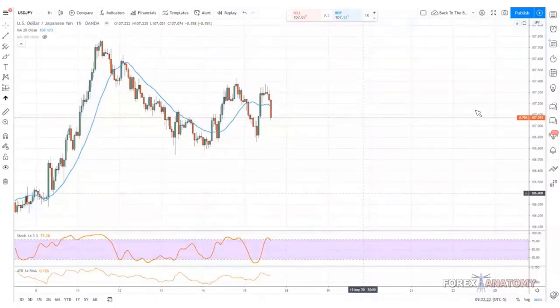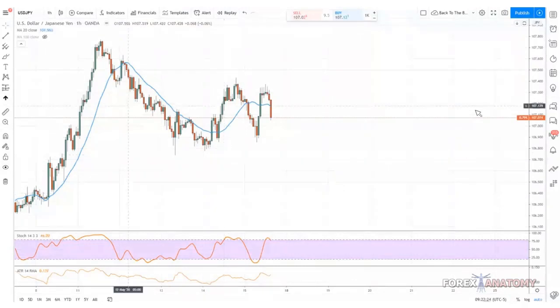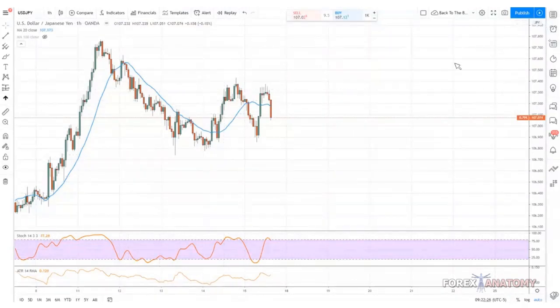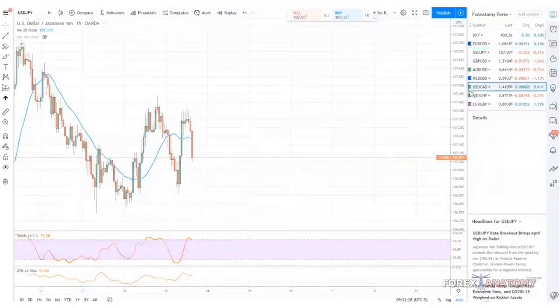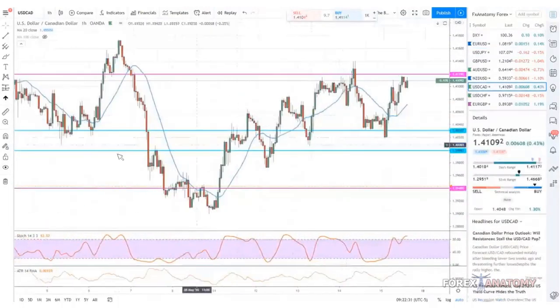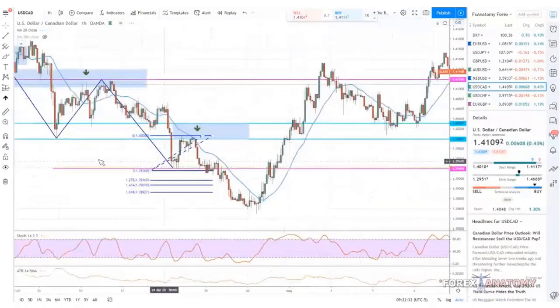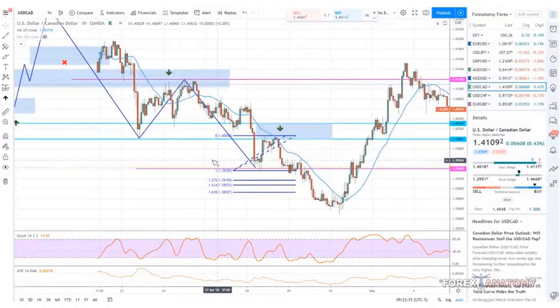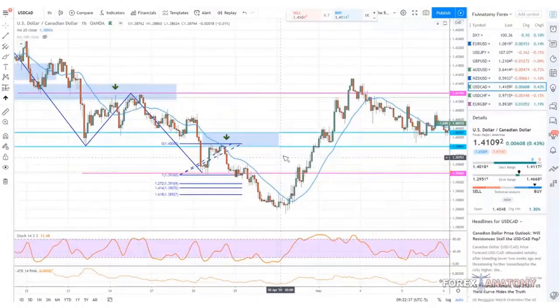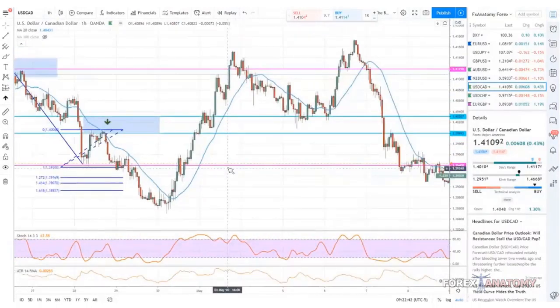We shared with you guys a good strategy that you could use, and I'll put this chart up so you guys can remember. But remember, we talked about the US dollar, Canadian dollar, and we talked about this method that you can use. Now, this is a little bit more advanced for some of the beginners, but we may answer some of your questions in regards to this method, depending on if we have time, because if you use this method, then you will do quite fine. But we also want to introduce something else.